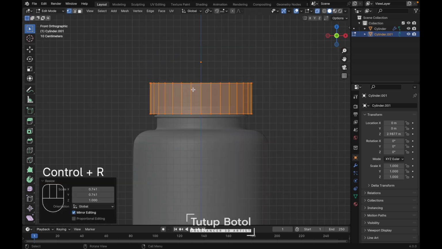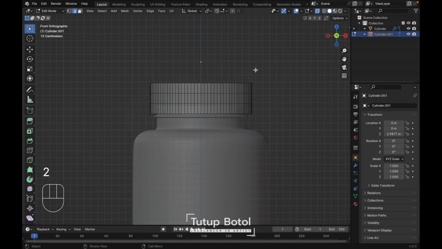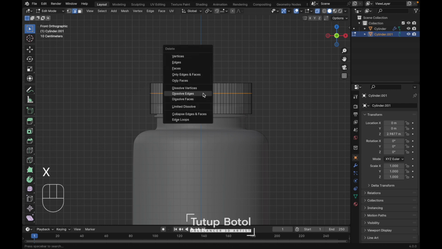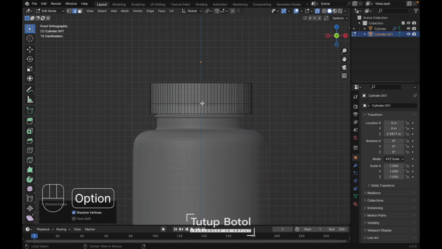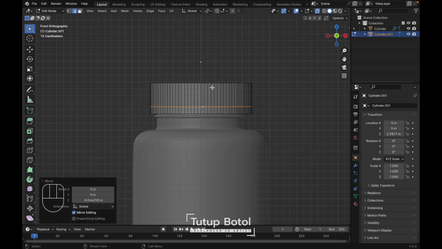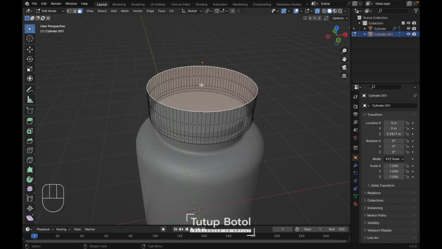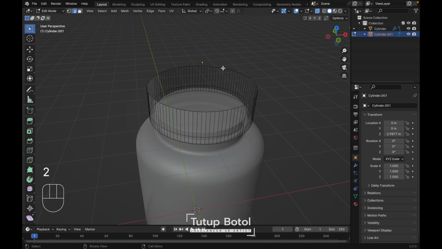Yep, just like this. Right click, subdivide it 2 times, and press 2 on your keyboard, change it to the edge mode, select this edge, press X, dissolve edge, select this edge again, press G Z, just put it somewhere here, press 3 on your keyboard, change it to the face mode, select this face, press X, delete the face, press 2 on your keyboard to change it